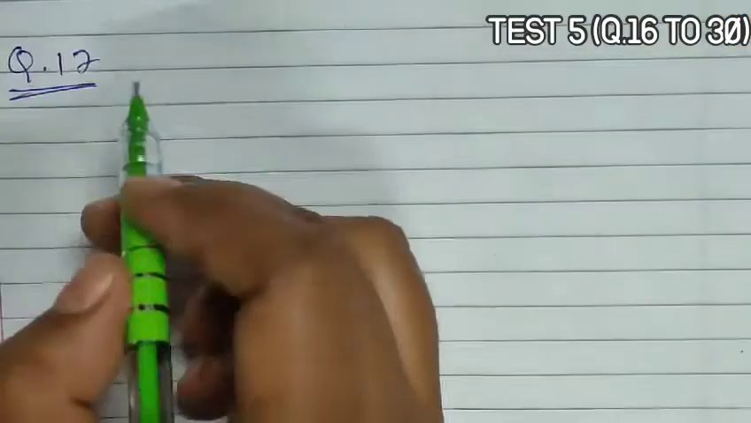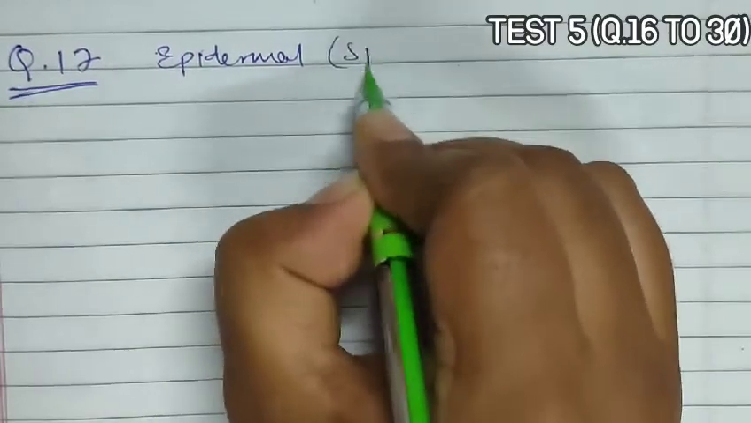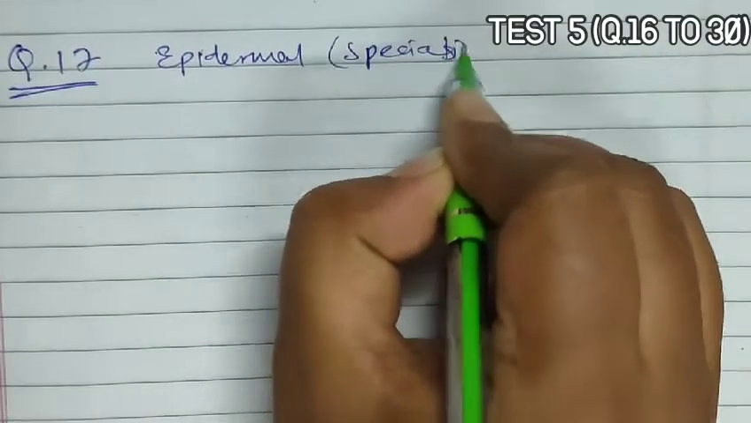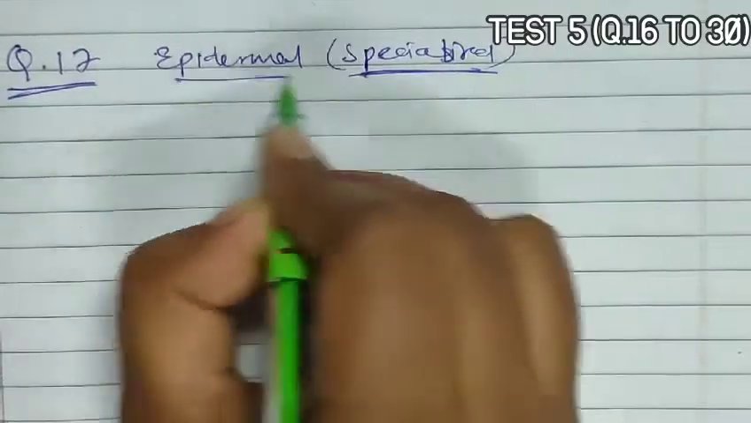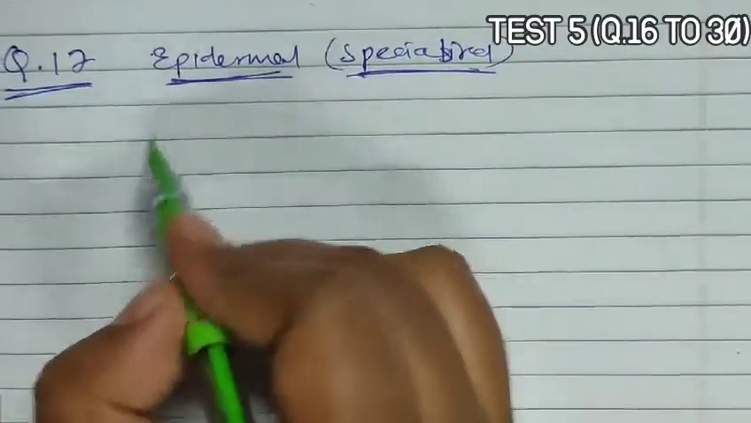Question 17. Question 17 asks about specialized epidermal cells surrounding the guard cells. These epidermal cells are specialized and surrounding. If we see the structure of stomata,